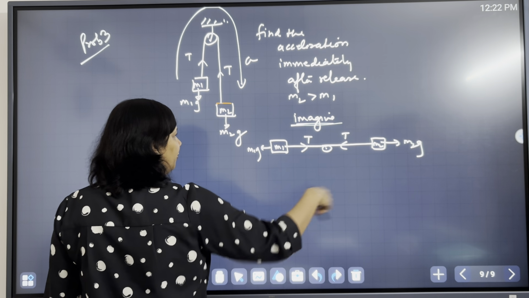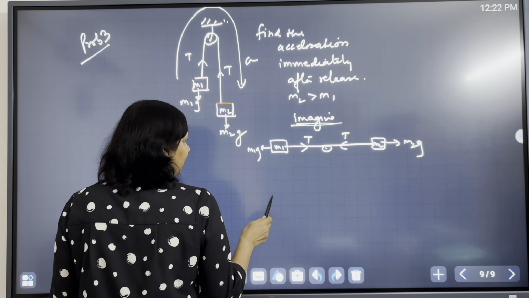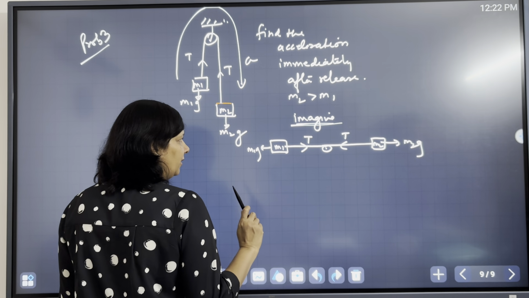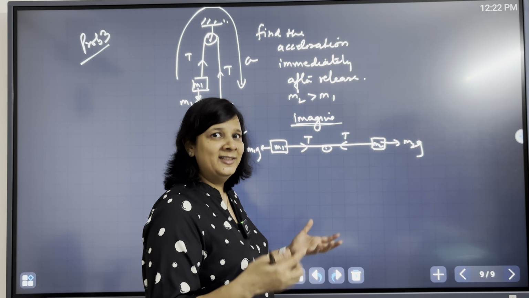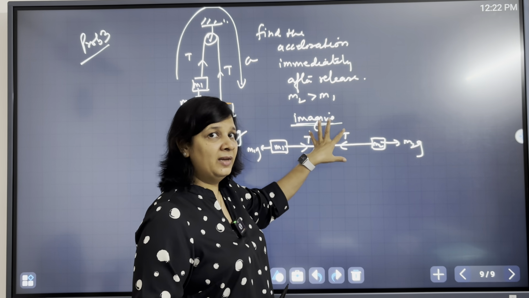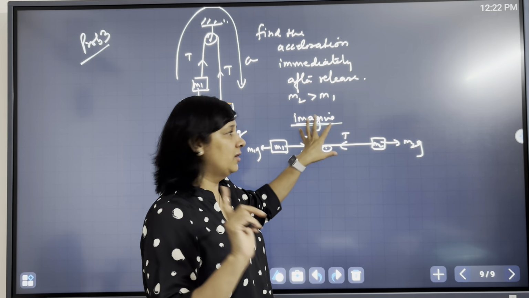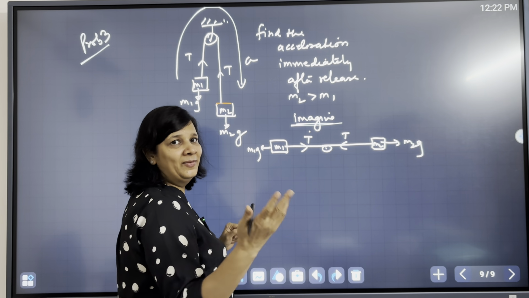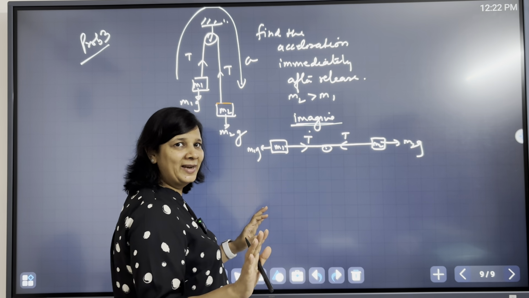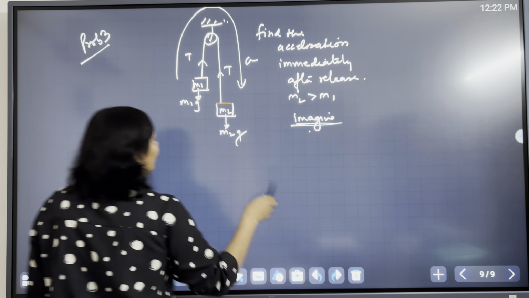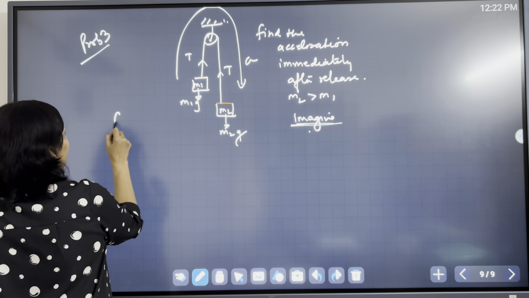Now how to find the acceleration? Either you can write directly F net over total mass. Now how much will be the net force? The net force will be, no need to take the internal forces, right, because they will cancel when I add the two simultaneous equations. M2G minus M1G, right, divided by M1 plus M2. So you should get the acceleration like this. Or draw the free body diagram.